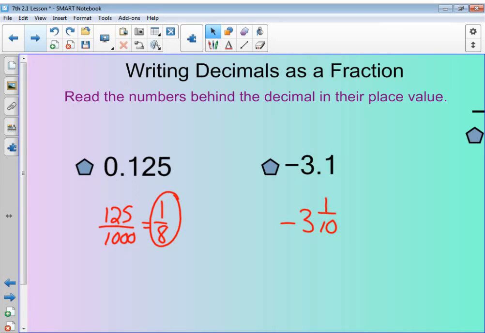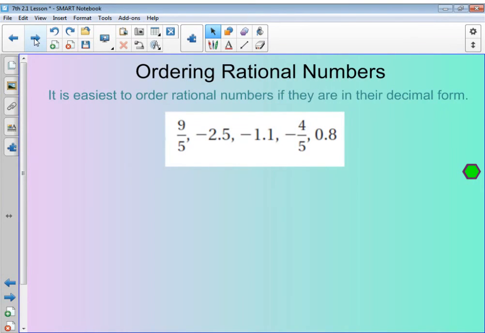So you should have gotten 125 thousandths, which reduces to 1/8 for the first one. And the second one is negative 3 and 1/10. Okay, so the last concept that we're going to be